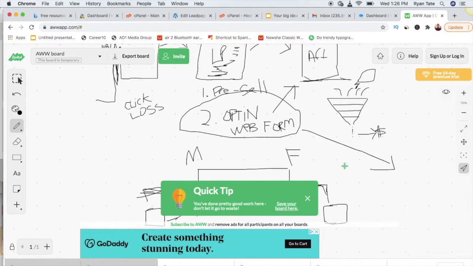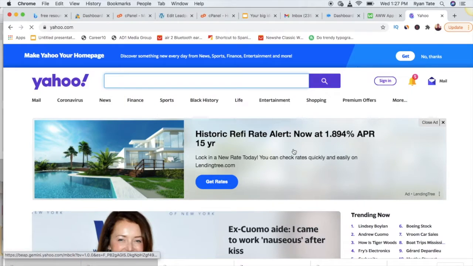We're going to search the web and see if we can find some offers that affiliates are running right now using this model. So I'll be right back with you guys in just a moment. Okay. All right. So we're here on yahoo.com.